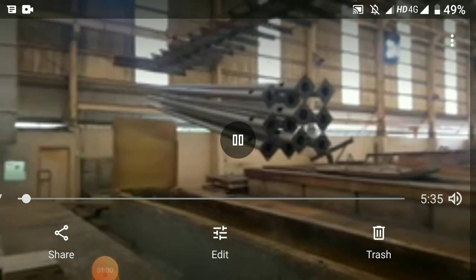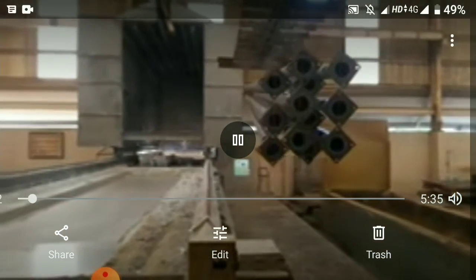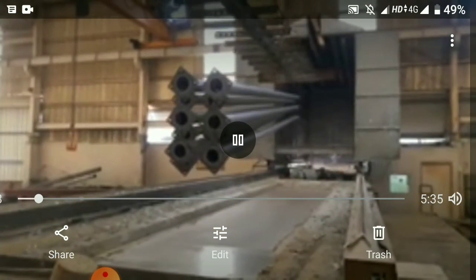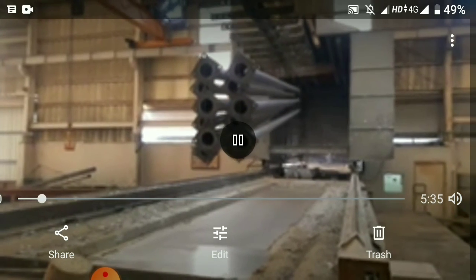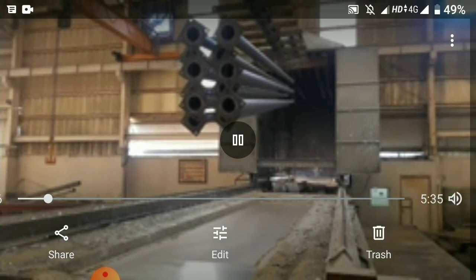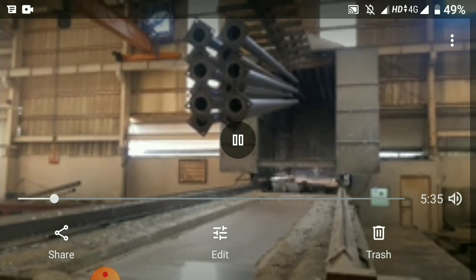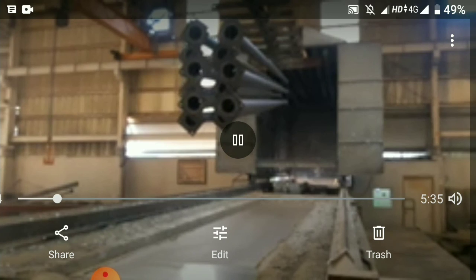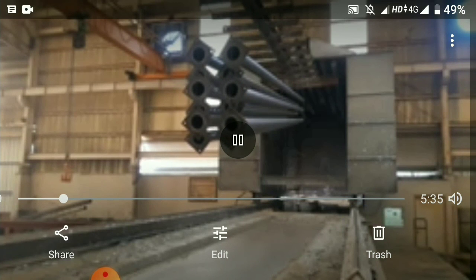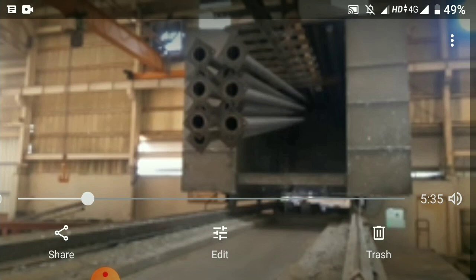The video of galvanization. Just observe this. It is being dipped in a zinc bath which has a zinc flux solution. It will go into a chamber, and from that chamber it will be dipped inside.